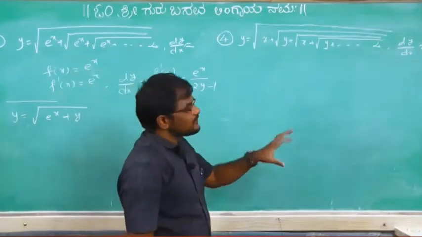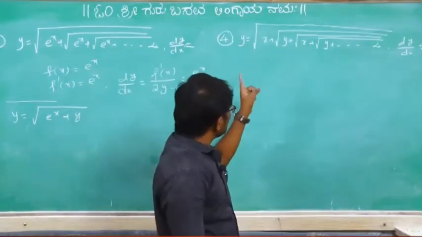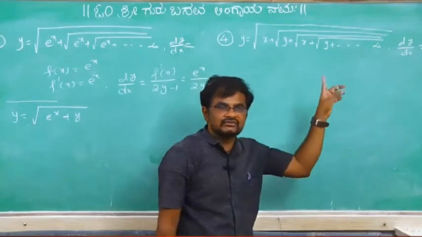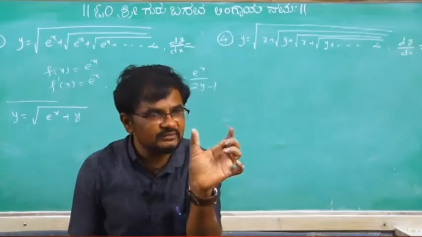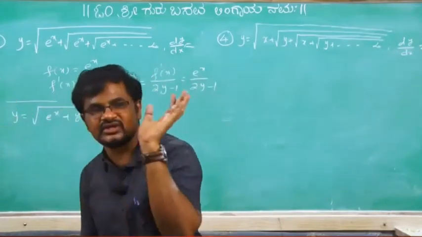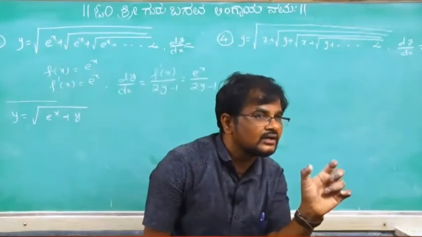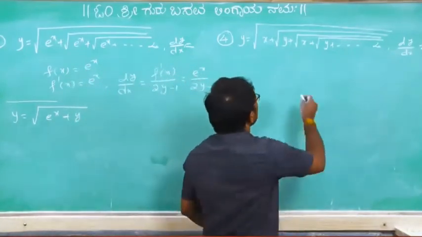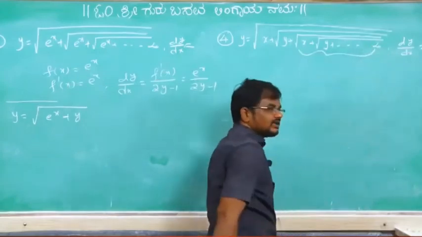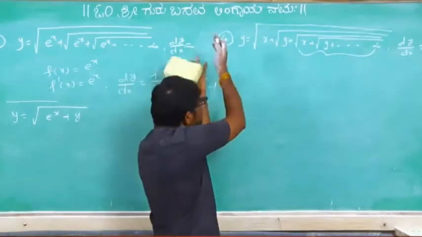Now, from where it is repeating: root of x plus root of y plus root of x plus root of y. How many times is it repeating? Infinity, it approaches infinity, but how many terms are repeating? 2 terms repeating. From where it is repeating? From here it is repeating or not? That one again you can take as what?